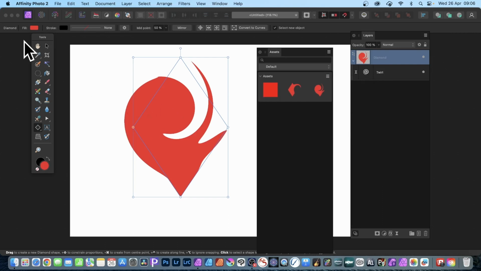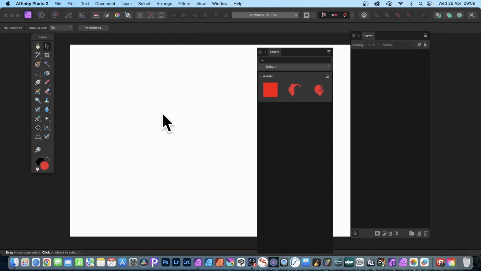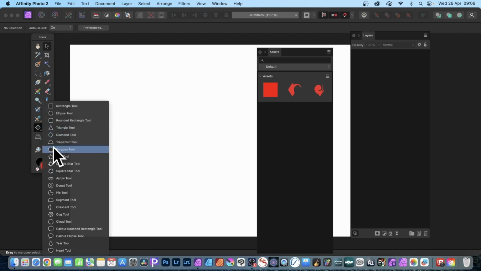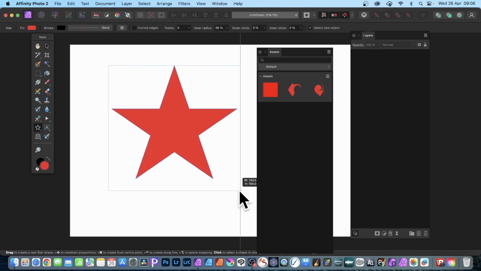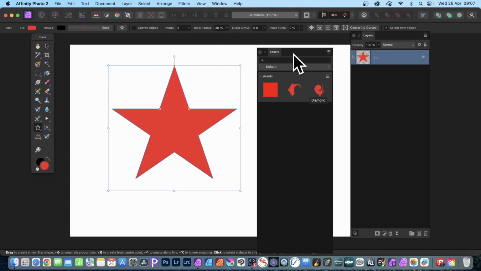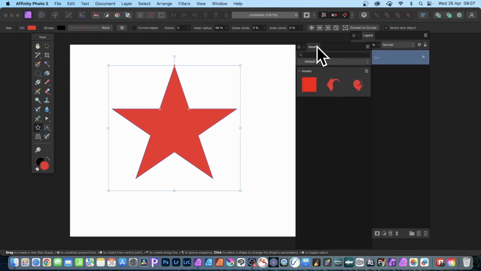So once you've done that, let's just remove this. Go move tool, just delete it. And I'm just going to go down here and maybe star. Could be anything. Could be any of the shapes, layers, text, anything. So you've got this star design. Go to the assets. Now, sometimes assets have a mind of their own, and if you try and drag them